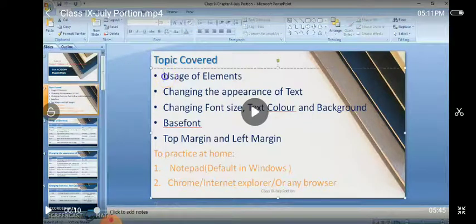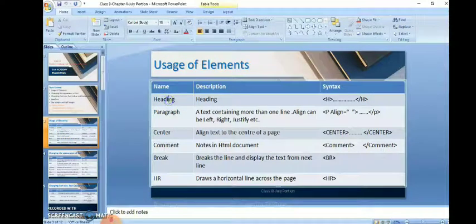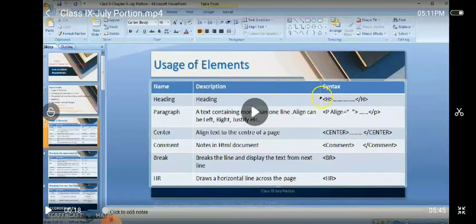So these are the topics in which first we are going to see usage of elements. Before moving on to usage of elements, I will tell you, in this chapter you are going to see how we design a web page and also learn to refine it and give a professional look to a web page. We will bold it, italicize it, and change the color of the text. Before loading a page to a website, how can we refine it and give it a professional look? For that, I will teach you the needed tags in this chapter. So we are going to begin with elements.